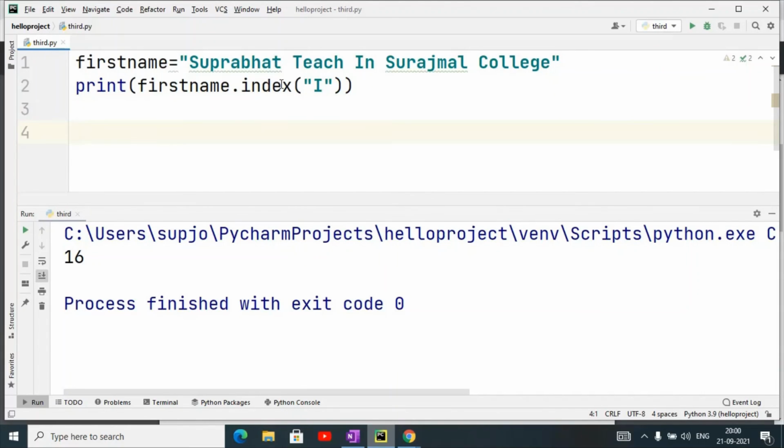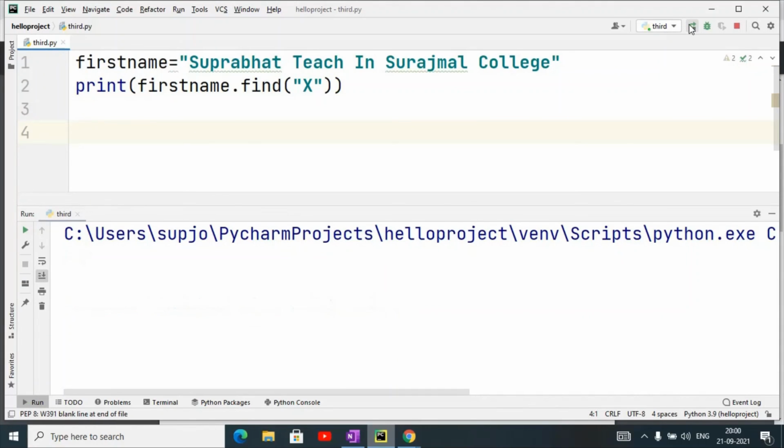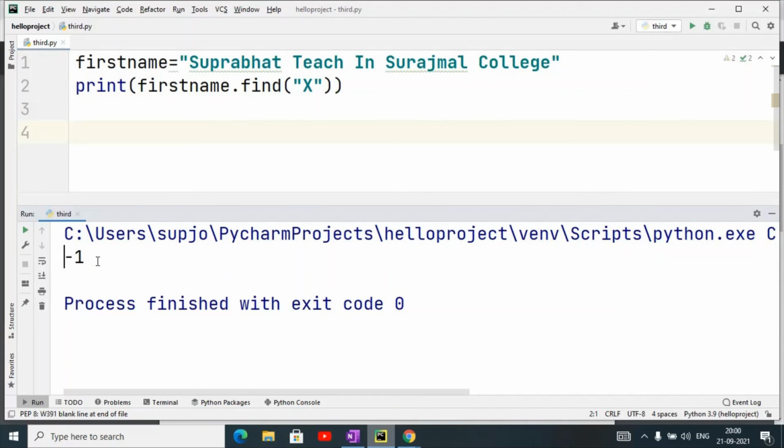The only difference is that when I use the find method and give a string that is not present, it will always return -1. Whereas in the index method, if the substring, word, character or string is not found, it will generate an exception, that is, a runtime error. But in the find method, no runtime error will generate.